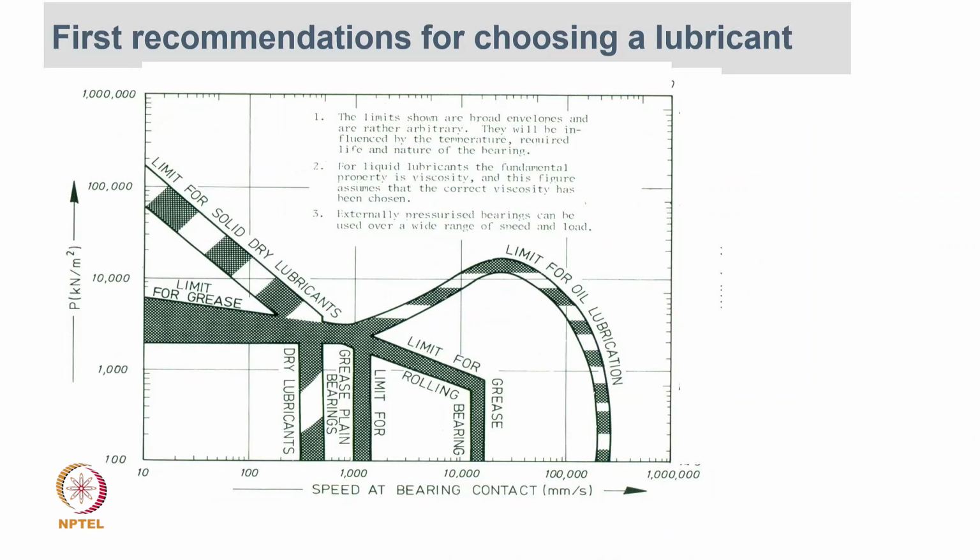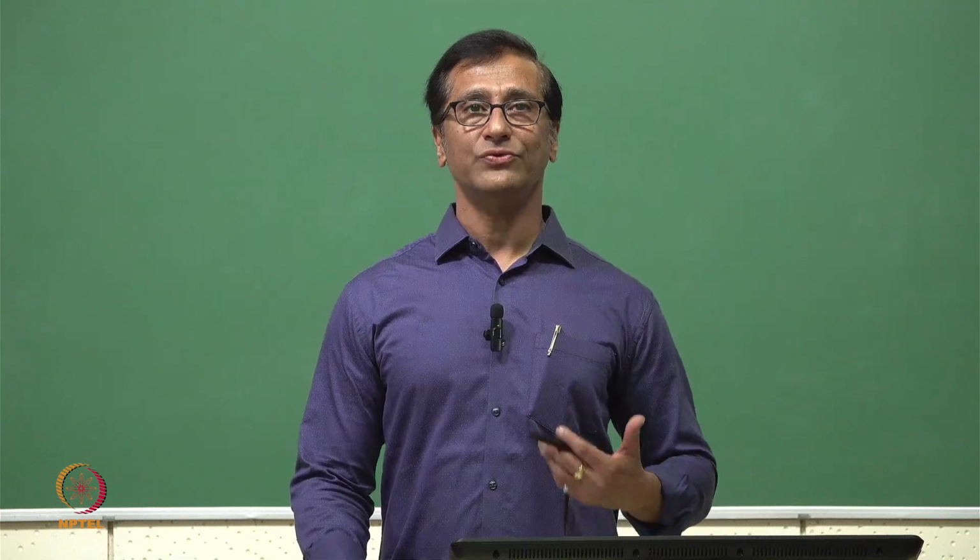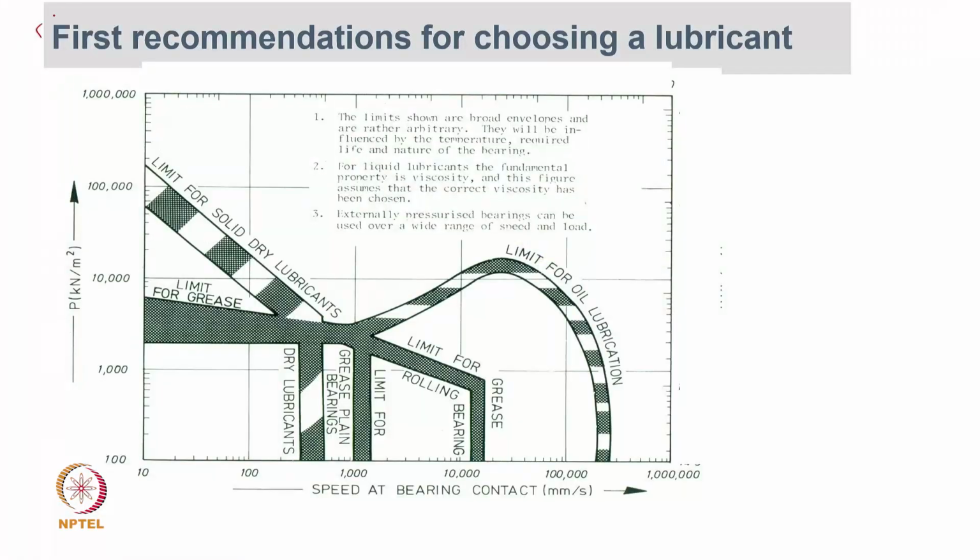And now, in the last slide of this lecture, you see there are some recommendations. Again, these are just guidelines, not necessarily something we need to stick to. It is a kind of first recommendation. I'm using the words first recommendation, after that you can go for iteration. This says very clearly what is given per second, it's in meters per second. So in this case we can say up to 1 meter per second